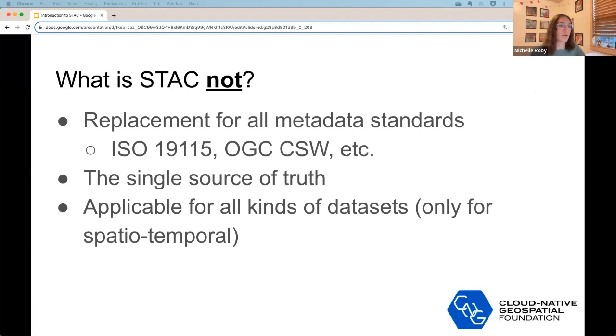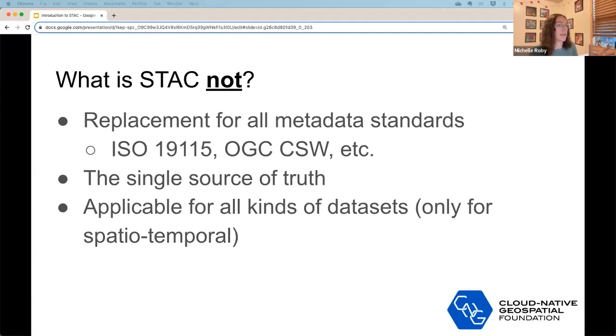A quick note of what STAC is not. It's not a complete replacement for other metadata standards. So if your government organization or your industry requires a certain type of metadata cataloging, the point of STAC is not to replace that, it's to enhance that. A lot of data is still cataloged in a different way, but then additionally with STAC.